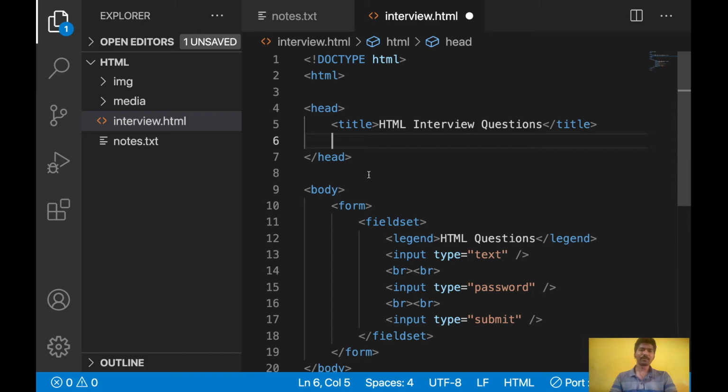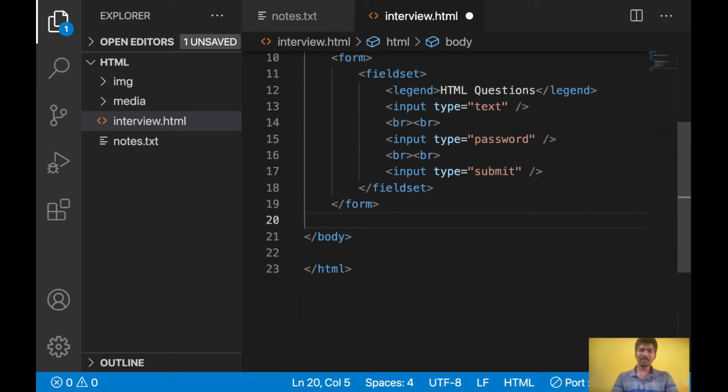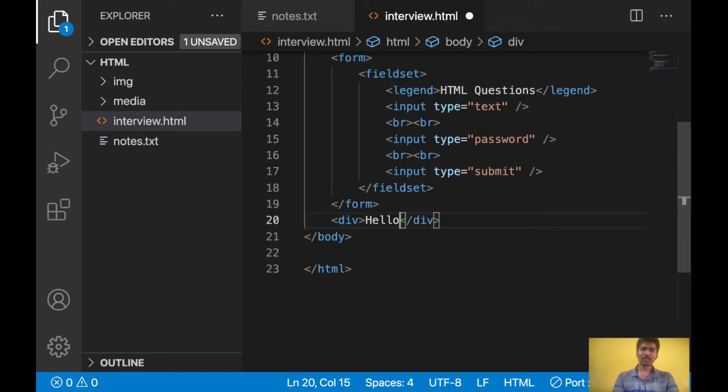So let's say after the form I am writing one div element. Hello div, hello. Let's write, I am block element. Okay, let's write some CSS for this.